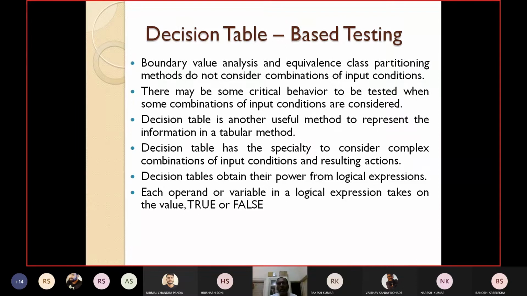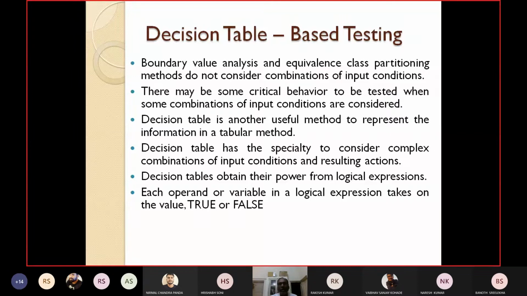Because they do not consider how to handle combinations of input conditions, or how to generate test cases based on them, they fail. But there may be some critical behavior which needs to be tested when some combinations of input conditions are considered, such as A and B, or A or B, or A and not B, like that.